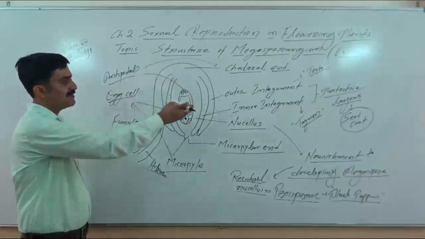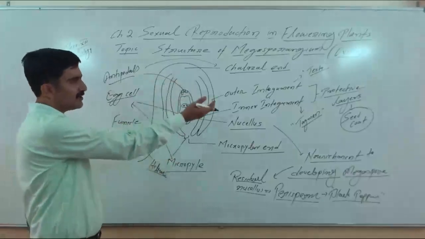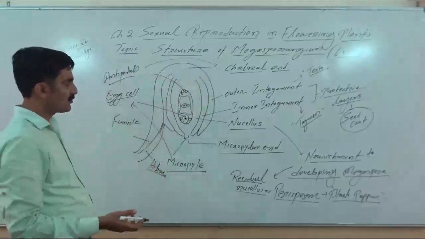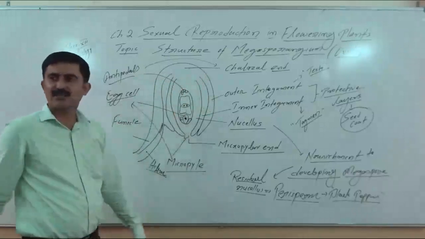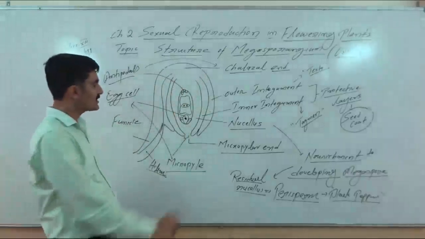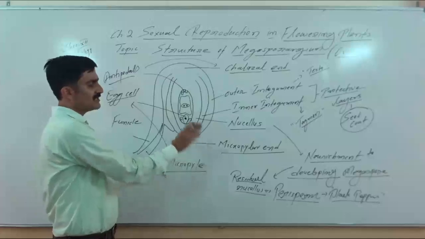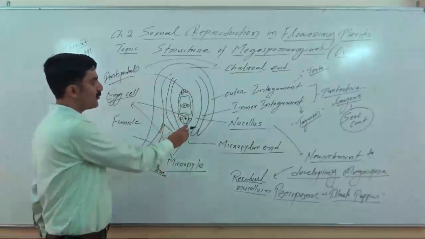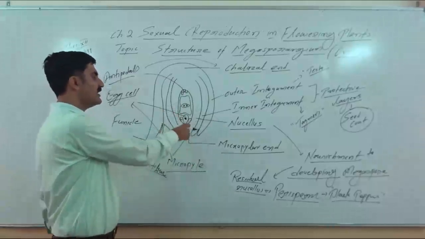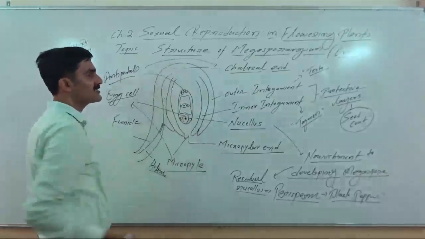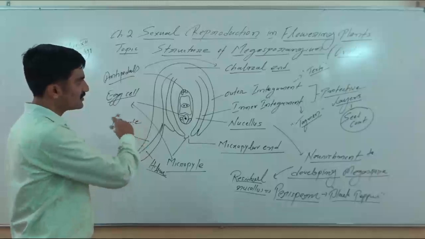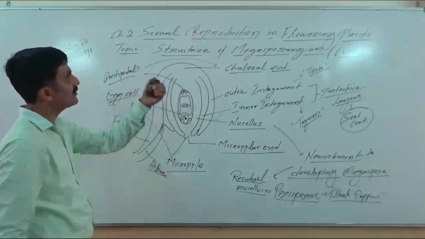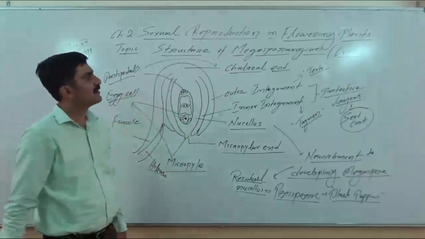This ovule will develop into seed. Integuments develop into seed coat. Nucellus is consumed during megasporogenesis. If residue remains, then it is called perisperm, black pepper or Piper nigrum is the example. The opening is called micropyle. This end is called the micropylar end. Another end is called the chalazal end. So this is all about the structure of the megasporangium in angiosperms.